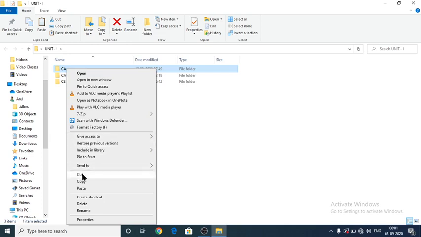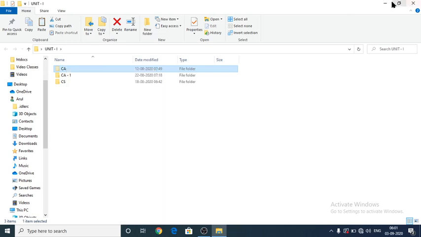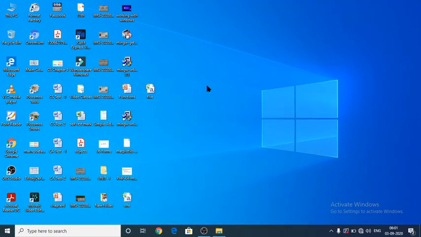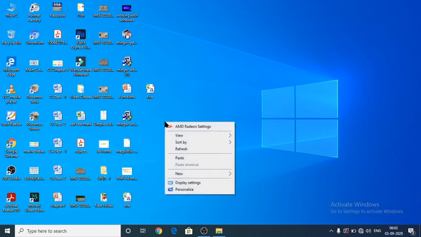From that, you can select the cut option, and afterwards select your destination place where you want to move the file or folder. Again, you can use your Control V button after pressing Control V, or again press the right mouse button.